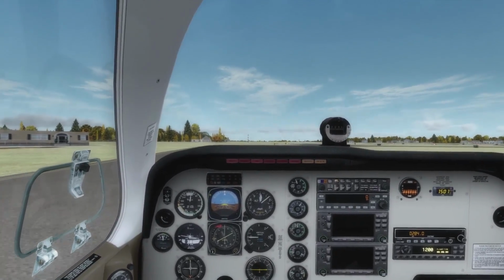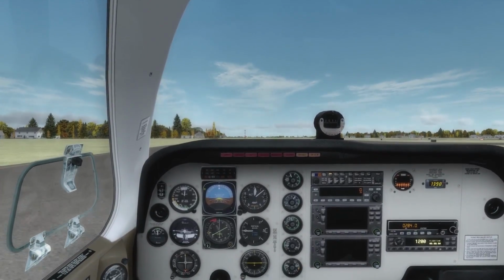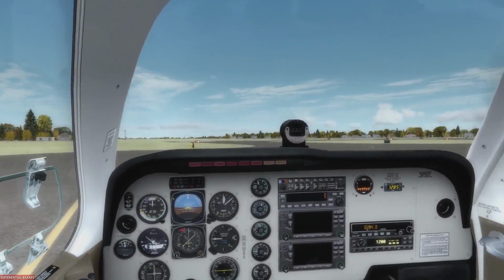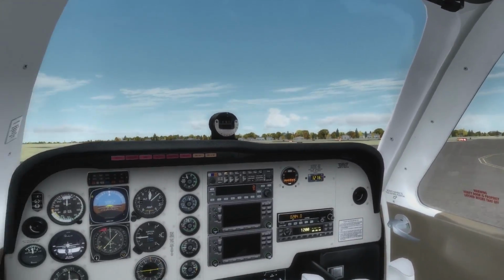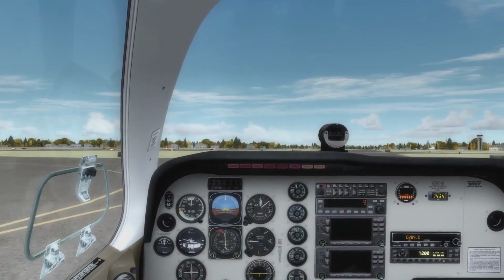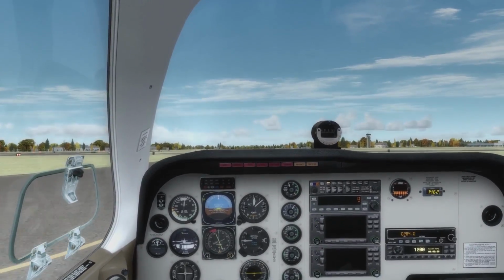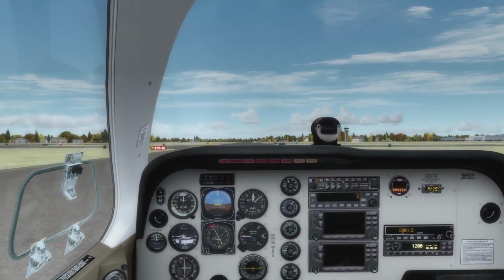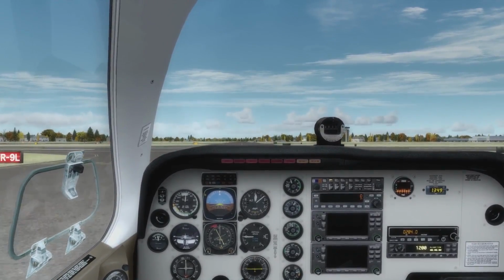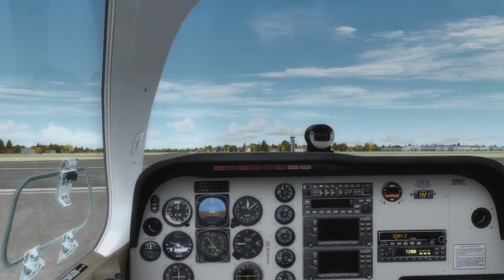But another huge change that's happened with Prepared version 3 is they've changed the way that add-ons install. From what I understand, from my cursory glance at a technical description of what's going on here, add-on producers like PMDG, like Aerosoft, A2A, and so on, are now required to actually put their stuff outside of the core sim. In the old days, we would install add-on aircraft into sim objects, for example. You'd install scenery into the scenery directory, and so on and so on. From what I can understand, and this could be completely inaccurate, those add-ons now install somewhere completely outside the sim,